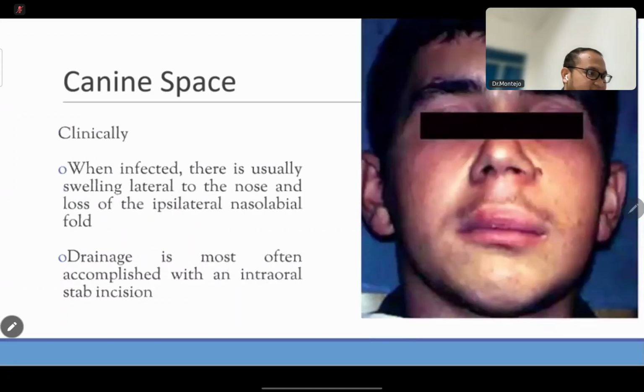Clinically, they would present with swelling in the lips, or your upper lip. And also the normal nasolabial folds are lost because of the swelling. Okay? And you can often appreciate fluctuance. Sometimes patients will also present with spontaneous opening or draining discharge. So the usual management is drainage, intraorally, to relieve the pressure and drain the abscess.